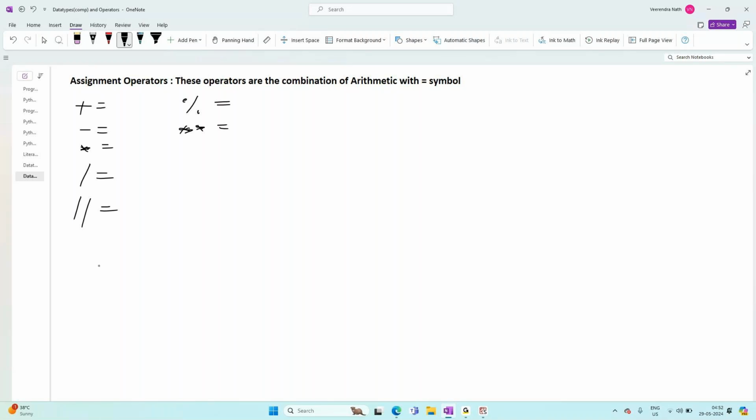Now, whenever you are looking at the plus equal to operation, I'll just give you an idea on plus and minus, and I want you people to do the other things. Plus equal to will say add and assign. What will it do? Add and assign. It will add